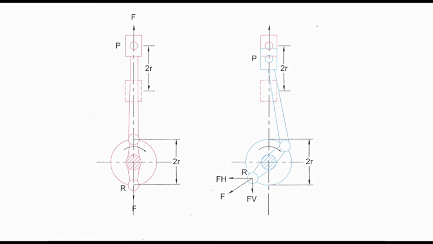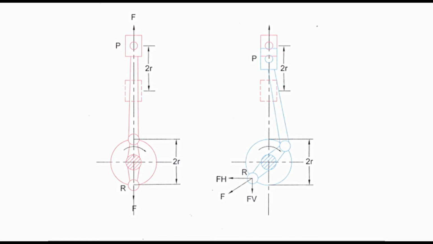The vertical component FV is less as compared to force F acting downwards on the balancing mass as seen in the previous situation. The fact is that the upward force F acting on the piston is also reduced as discussed above. So, the balancing achieved in the previous situation is not affected.